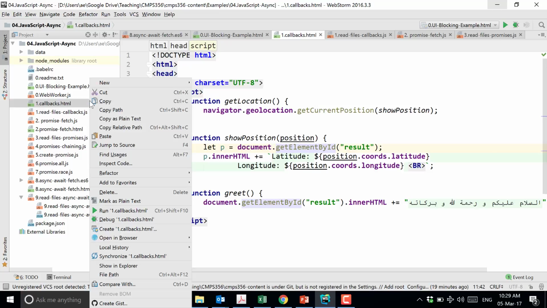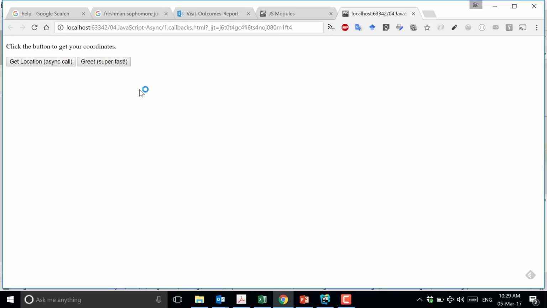So let me just run this just to show you what it means. Okay, so here, get location. So this, I got the location, but I didn't wait for the location. I made the call and gave the call a callback. And when the location was extracted, this callback function was called.